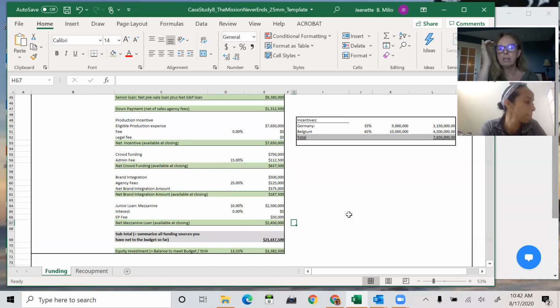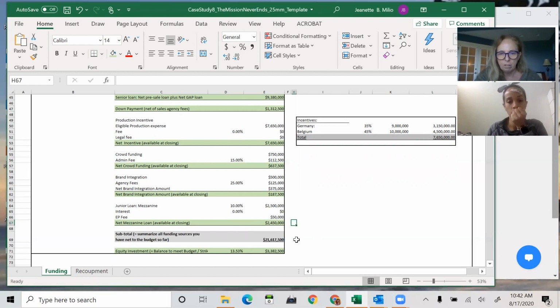The only thing you're ever deducting in your finance plan is interest, premium, bonuses, back end participation. All that stuff you deal with in the recoupment. So we're not dealing with that right now. I'm going to ask you about that later when we go to the recoupment schedule. Okay. So we are here and our interest is 0. So when we have $2.5 million from a mezzanine lender and we're deducting $50,000 in fees, we end up with $2,450,000. We're clear so far, yes?